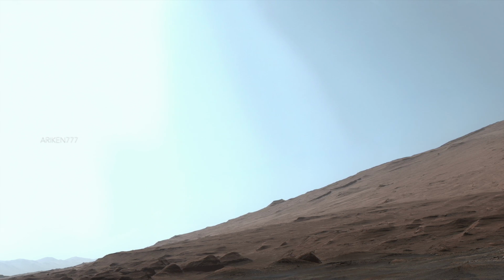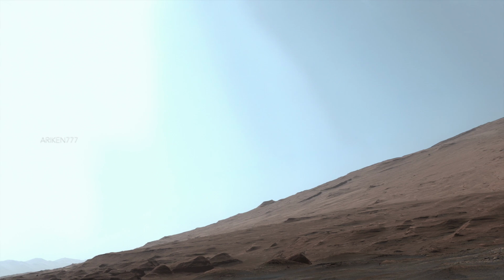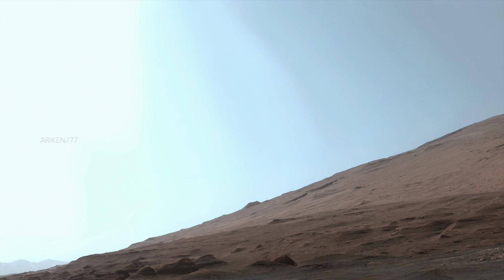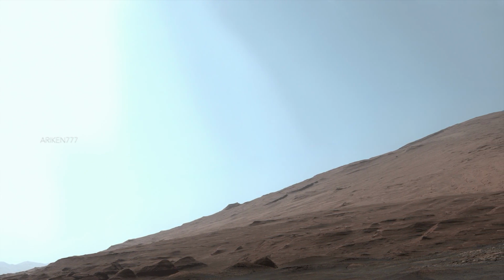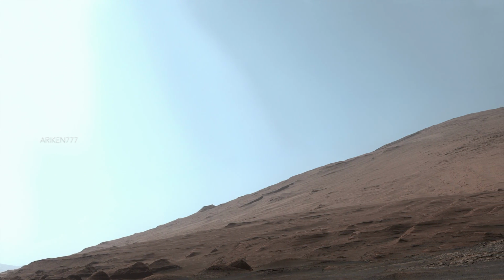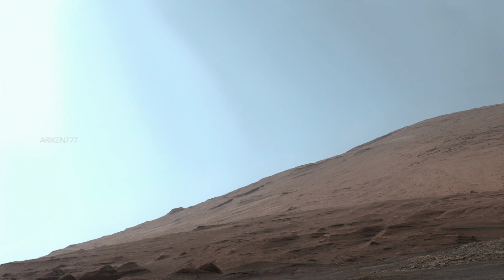The panorama here shows Mount Sharp in the early morning illumination on Mars. Mount Sharp is an enormous mound of eroded sedimentary layers sitting on the central peak of Gale crater. It rises 18,000 feet above the northern crater floor and 15,000 feet above the southern crater floor, higher than the